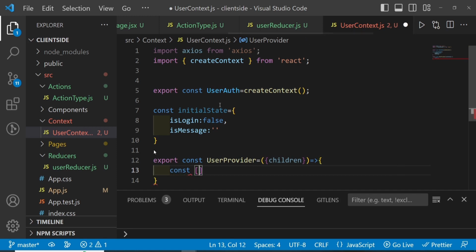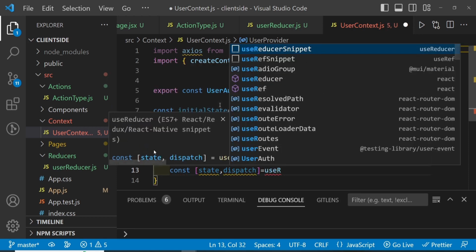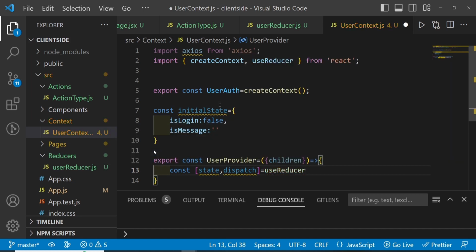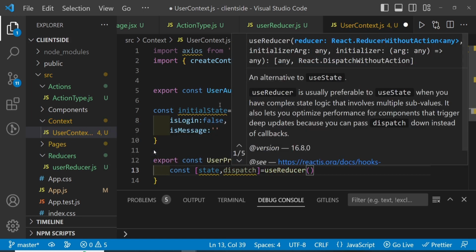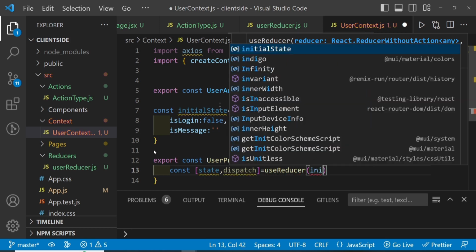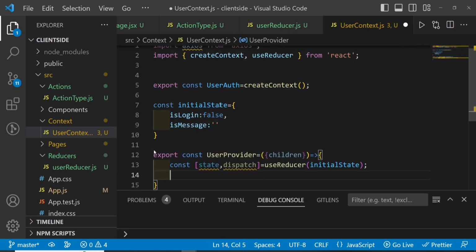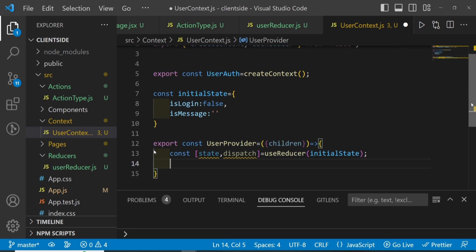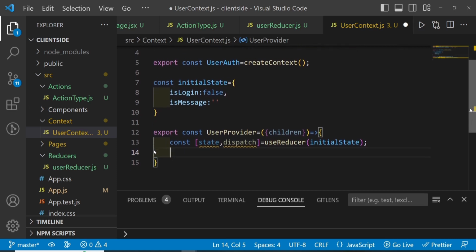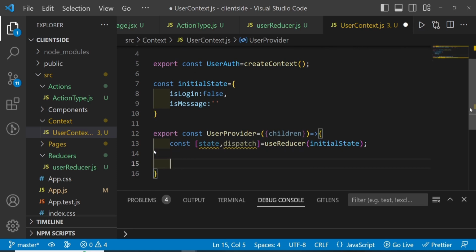So here we'll use the state and dispatch. So here we call our reducer. As of now we have not created any reducers, so make it like that. But we'll pass our initial state. So we want to get our login now, right? So for that,